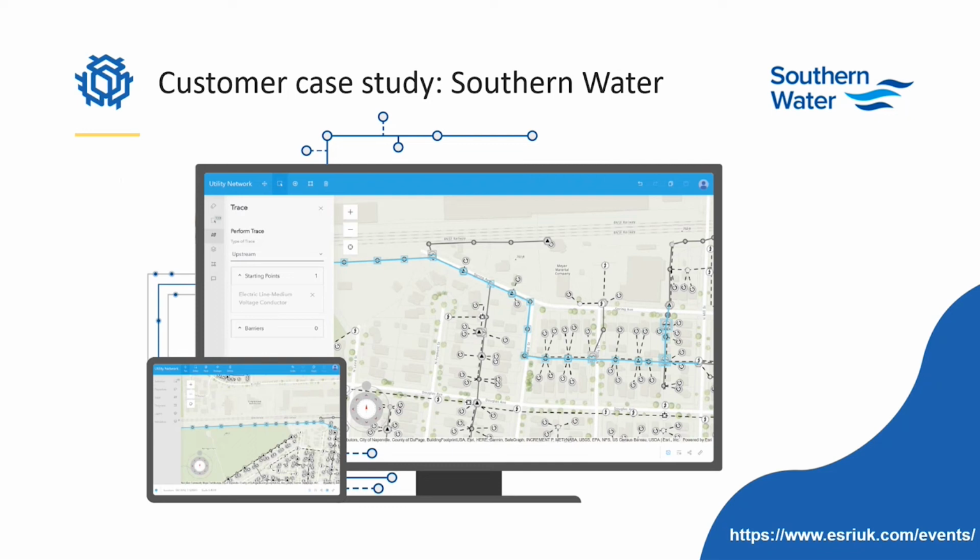Today, I'm going to be talking about a customer case study. The customer in question is Southern Water. Unfortunately, the team at Southern Water were not able to present today as they're very busy working on the project I'm going to talk to you about. Luckily, I've been working closely with them on the design of their new system, so I'm well placed to talk